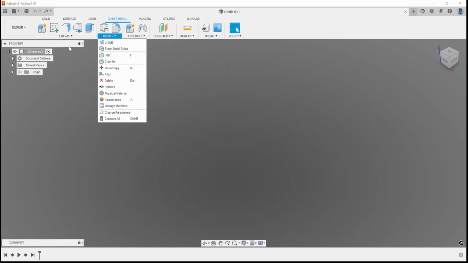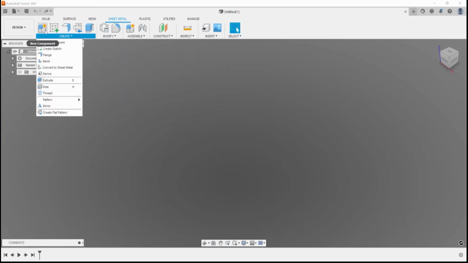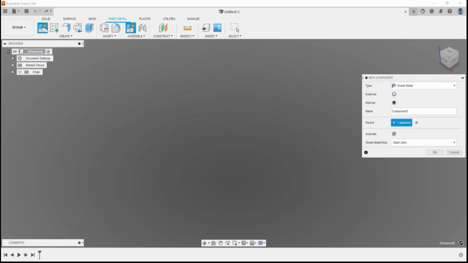So today we're going to be taking a look at how you can actually create a component inside Fusion 360 sheet metal. The first thing that I'm going to do here is create a new component. This component is going to be a sheet metal type of component. It's going to be an internal one that is directly inserted in this current design. You can also give it a name. I'm just going to leave it at Component 1 for now. And I'm going to make sure that my new component is the one that's active once I hit